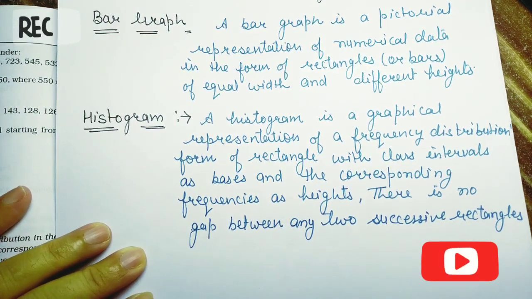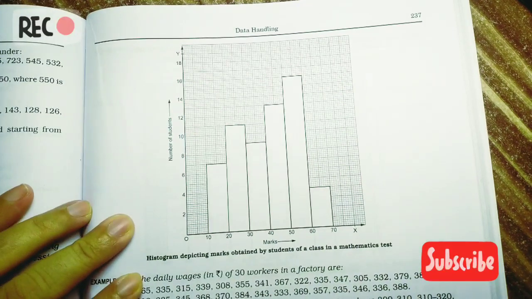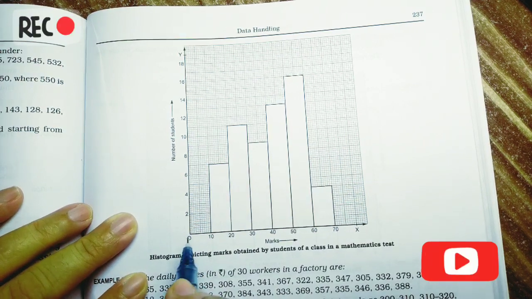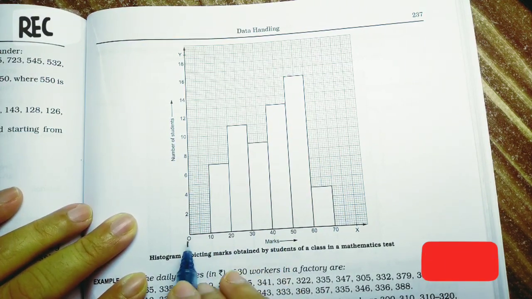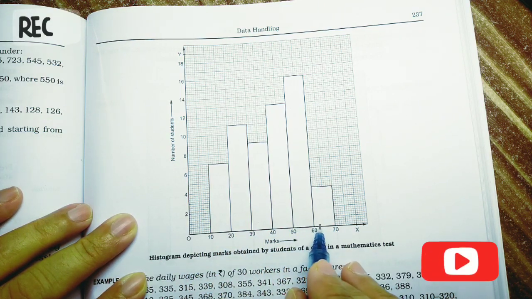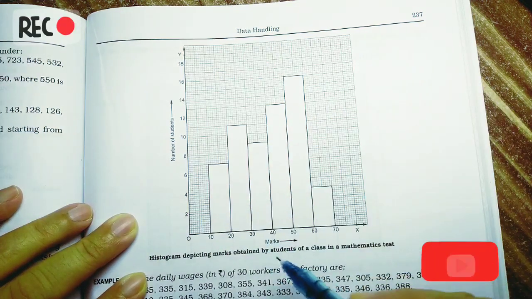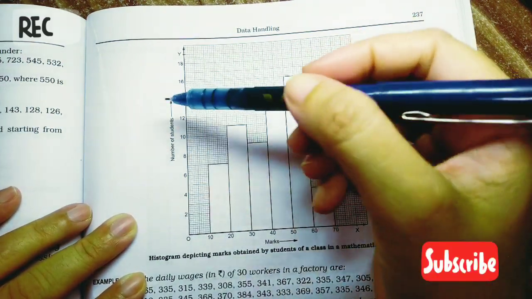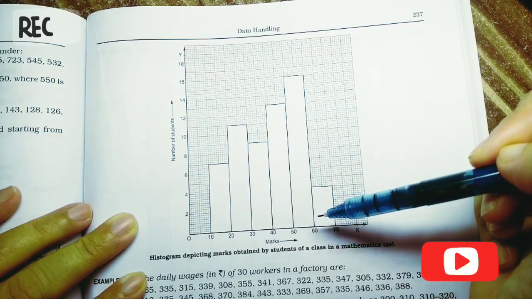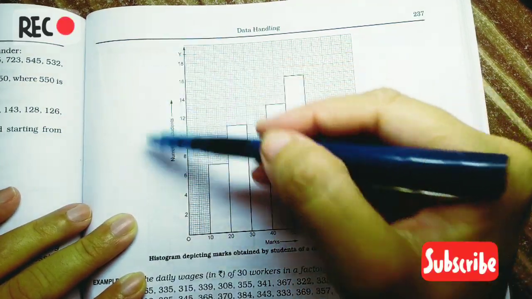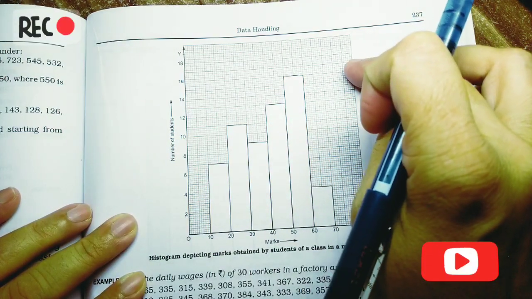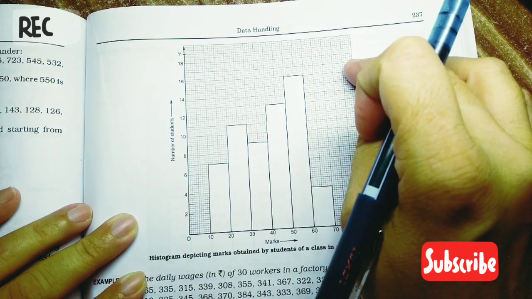How? Now I am going to show a picture of a histogram. This is the example of a histogram, students. In this example, as we observe, they have given the class intervals: 0 to 10, 10 to 20, 20 to 30, 30 to 40, 40 to 50, 50 to 60 and 60 to 70. And this shows the marks. Okay, and this is the y-axis which shows the height of these rectangles. The number of students, the number of things, we are representing on this y-axis, and the same scale also we are taking in this. That scale, how much scale we have taken, that also we have to mention.